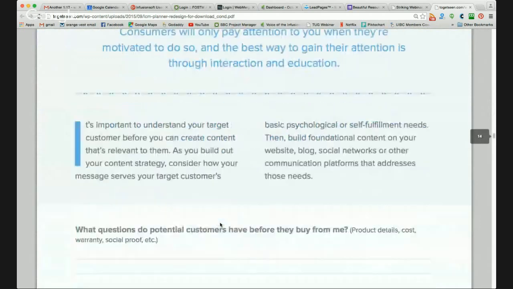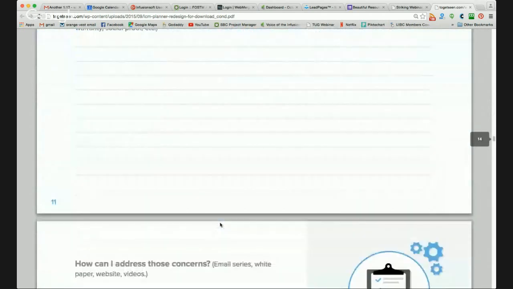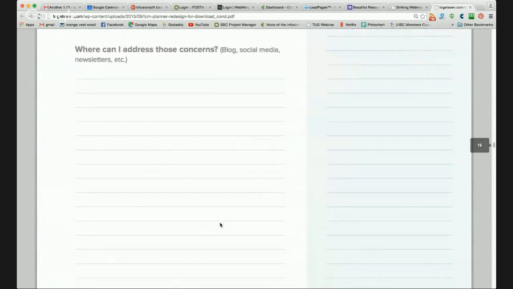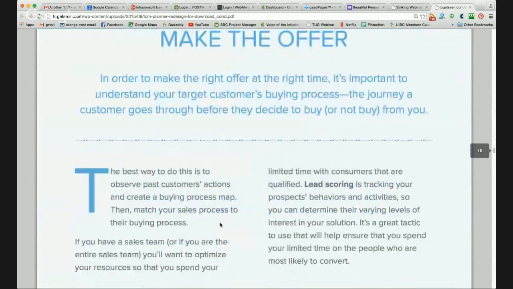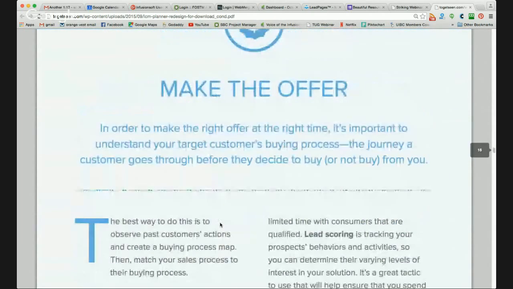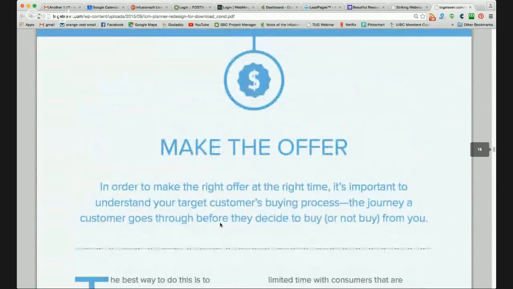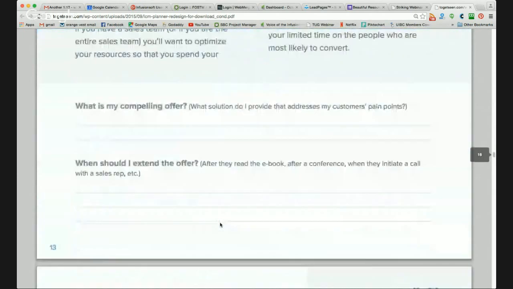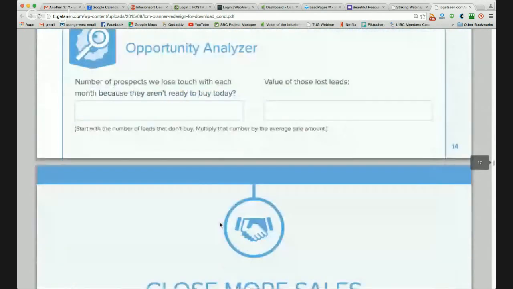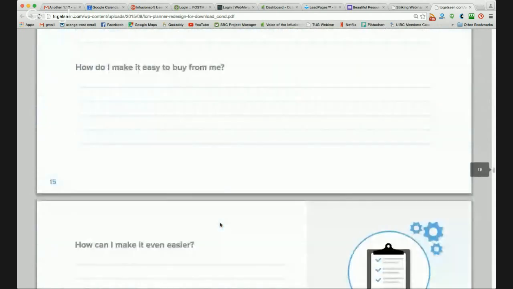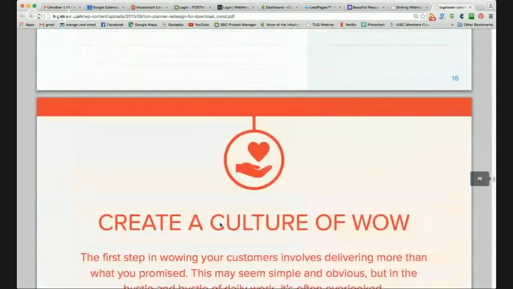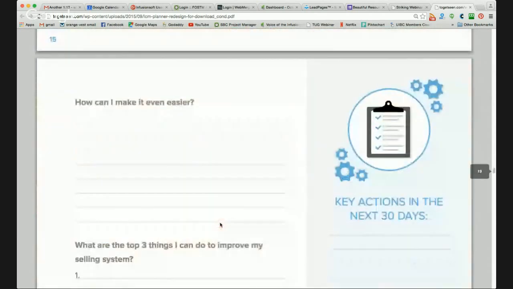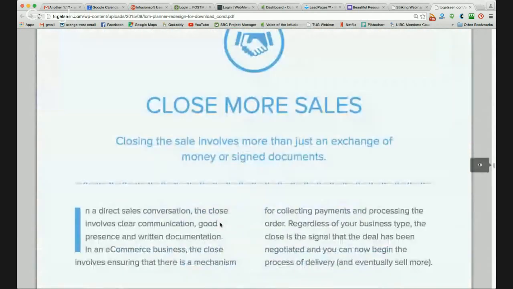After that, you need to educate them on who you are, why you're awesome, why they want to go along with you, and do that. Then you make the offer, the irresistible offer, the thing that they absolutely need, the thing that solves the pain that you know they have, and you offer that so it works out really well. They're happy about that. And then also after you've made the offer, you want to wow them and you close them on it, because that's the next place, is closing it.